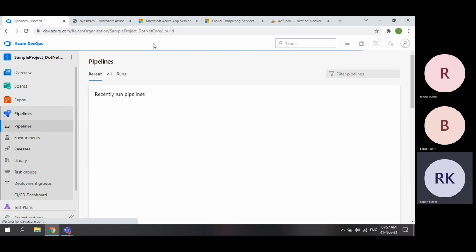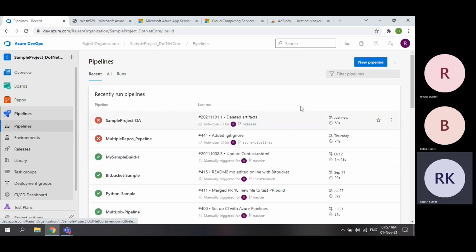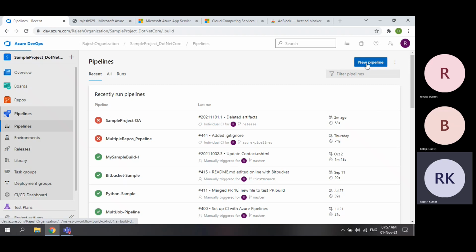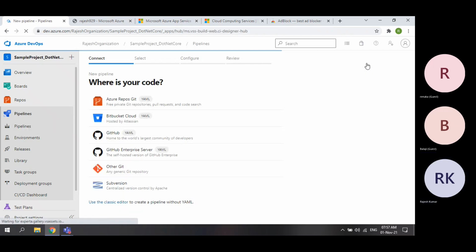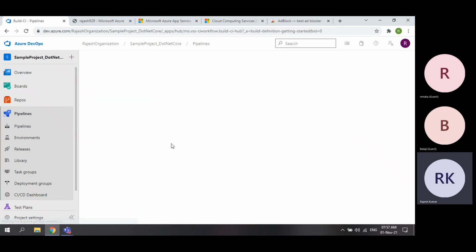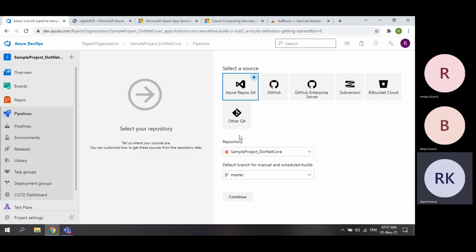Now, whatever code I have, I want to deploy into this app service. For that, first I need to build the code. We are using the classic editor, so we are not yet into YAML. I will explain what YAML is later.